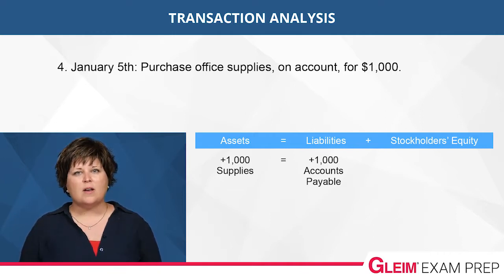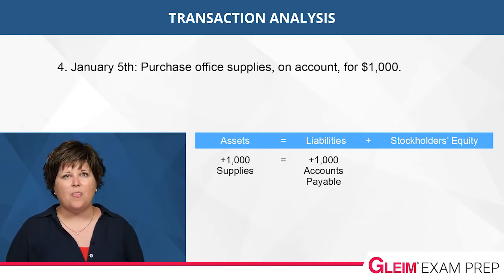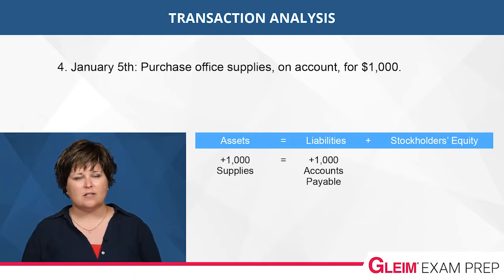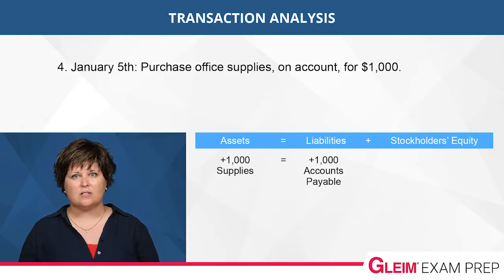We also now owe for these supplies, which increases our liabilities. We show a $1,000 increase to assets, specifically to the account supplies. The amount we owe our suppliers is called accounts payable, and we use that account to show the increase to